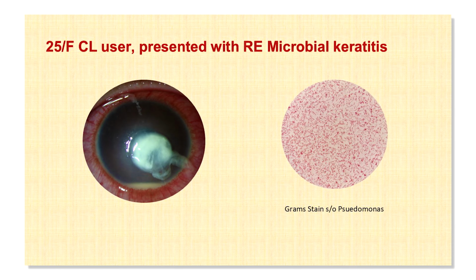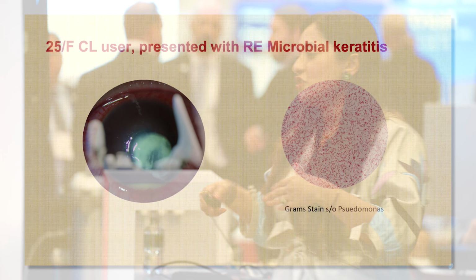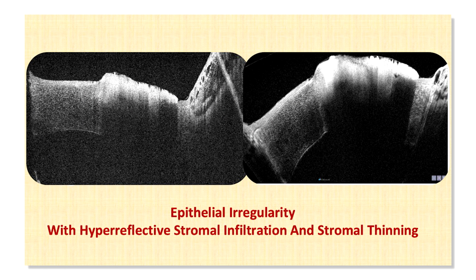So probably we are moving to an era where we may get these answers on the OCT, whether the cysts are present, because whenever there are cysts or trophozoites, you have to have a much more aggressive treatment compared to other things. And definitely they say, oh, you see it in other infections also. This is another patient with Pseudomonas, and you do not see any cysts. So probably what we were seeing in the patient with acanthamoeba keratitis was true.